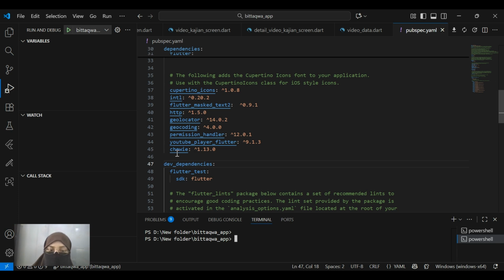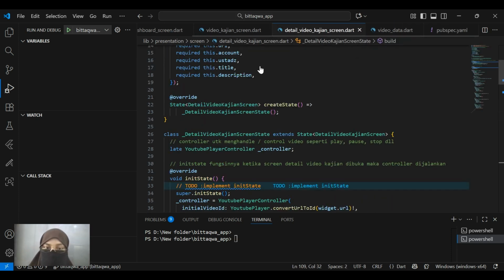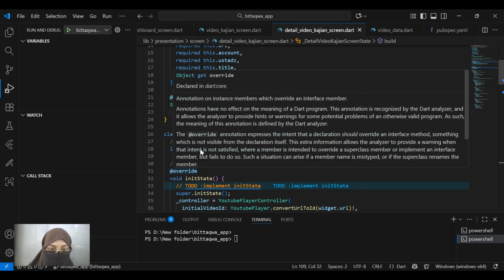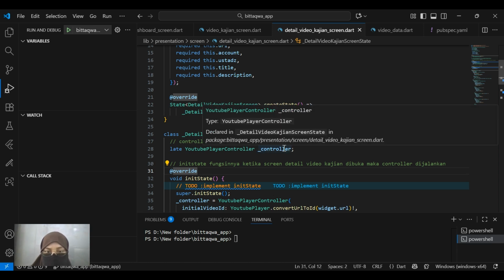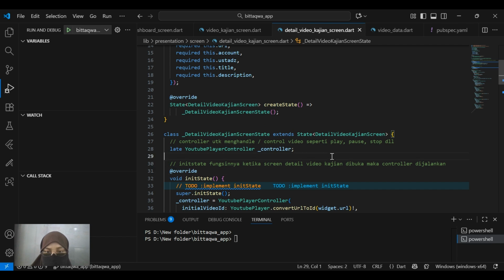And also we need this too. So we also need flutter pub add chewie. So yeah, we need both of them for this project. So after you're done with your pubspec YAML, you'll need the YouTube player controller, and then we're just going to use this as our